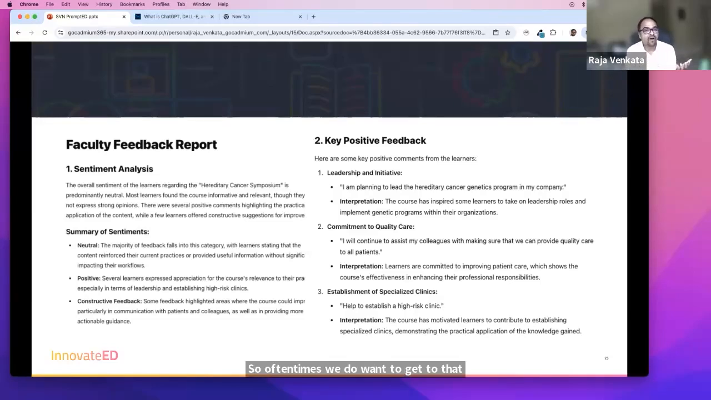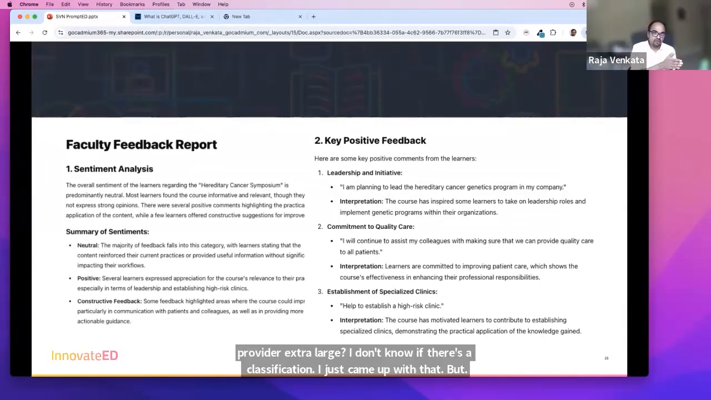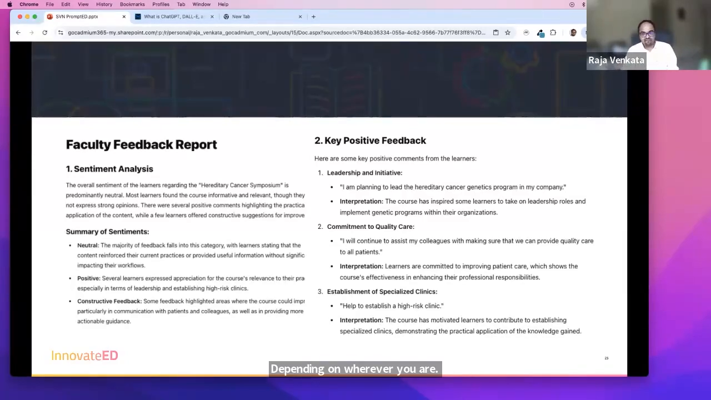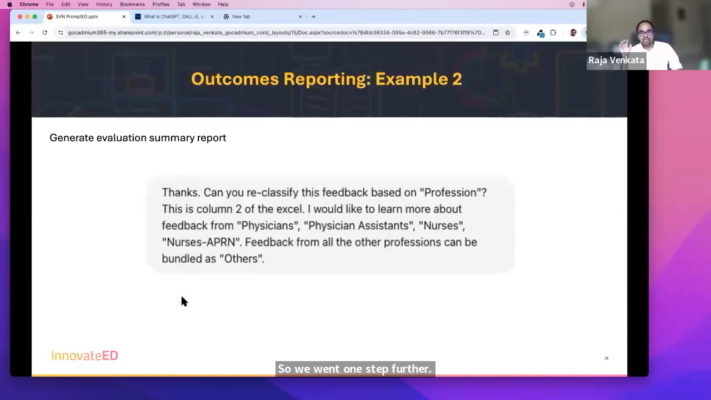Are you an extra large provider? I don't know if there's a classification. I just came up with that. But depending on wherever you are, if you have enough resources, whether you are able to get to that level of analysis is always a question. So we went one step further. And here what we did is we added a little more of an insight generation prompt, where we said,